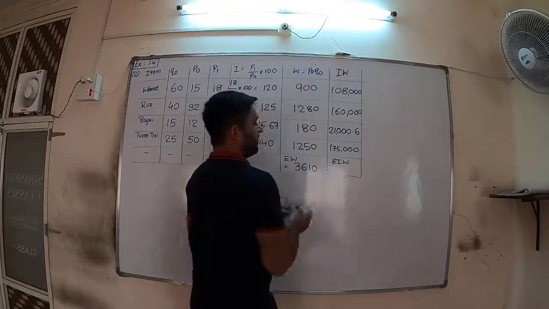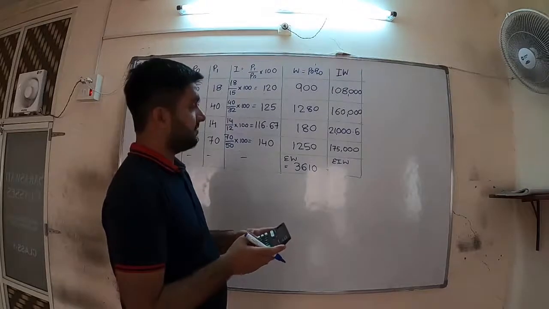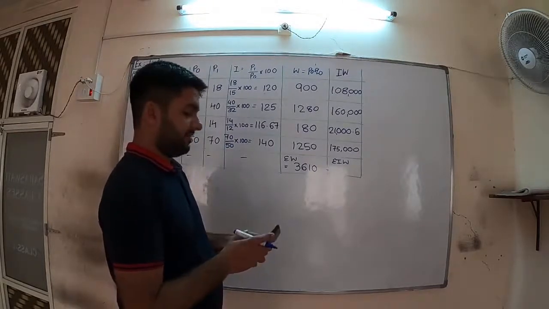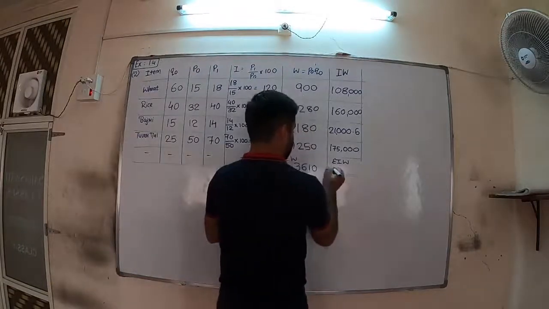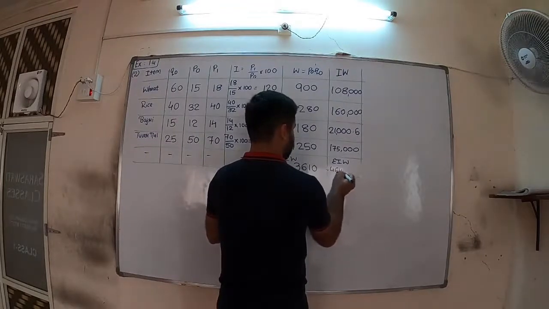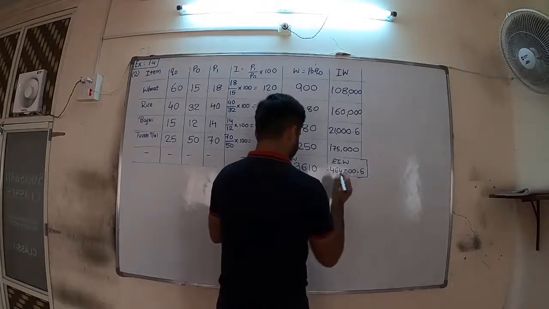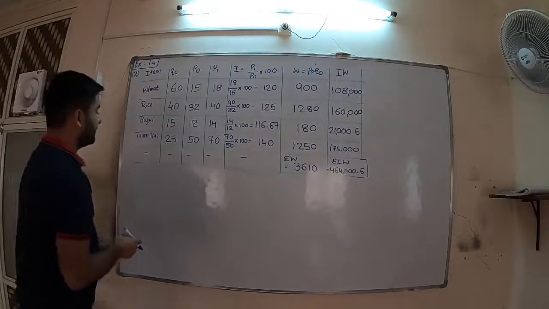Digits are somewhat big. 1,08,000, 1,60,000, 21,000.6, 1,75,000 is 4,64,000.6. Okay, now